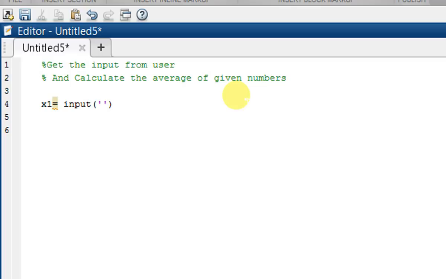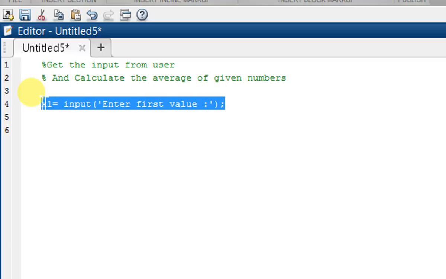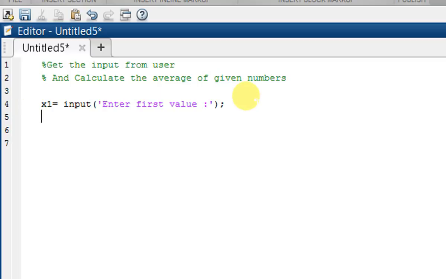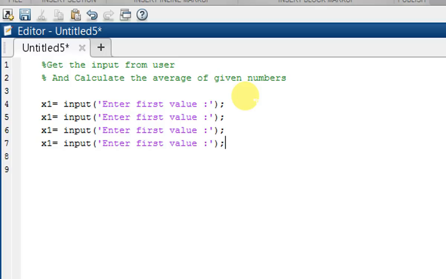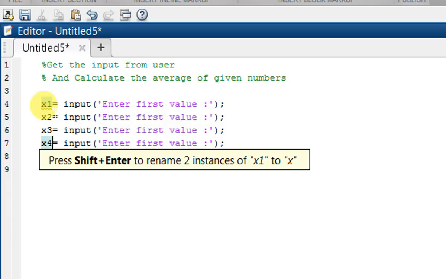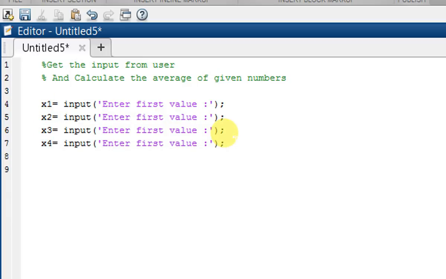Input, enter first value, which the user can enter. Like that we can enter multiple values and calculate the average of them. If we put the same variable, then it always gets overwritten.